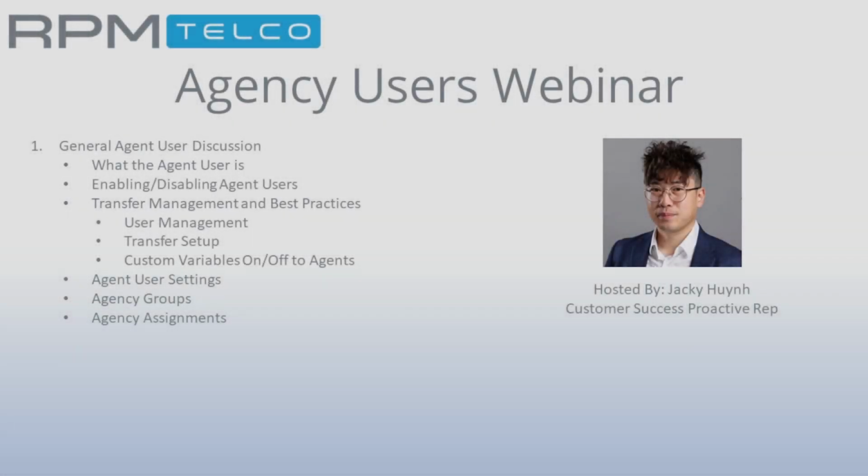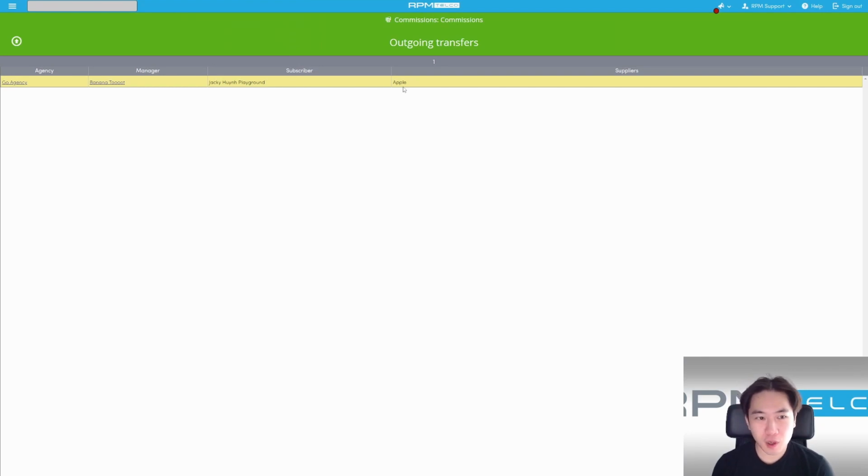All right, on to our next topic here about transfers and their management, best practices, everything kind of transfer related. We're going to be jumping into my RPM subscription, and I'm going to show you right where I left off with the outgoing transfers view that now shows up. This is what it looks like, and as I was talking about enabling and disabling agents, the outgoing transfers view